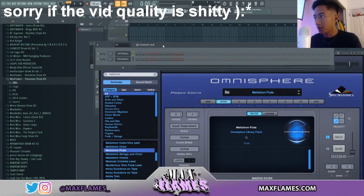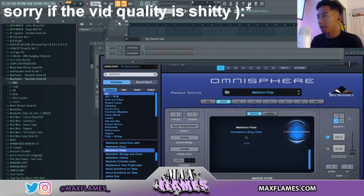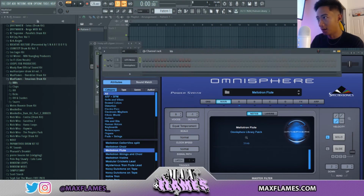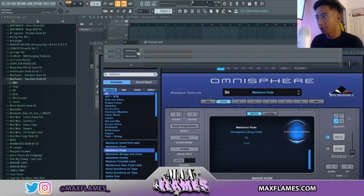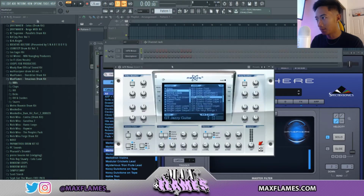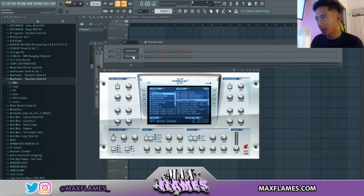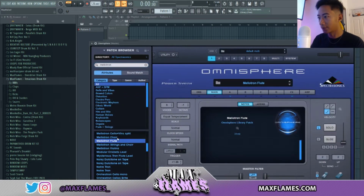Alright boys, so we're in FL. First things first is the BPM. Usually Jetson makes his beats anywhere from around 120 to 150, so I'm going to go with 126. Like I said earlier, his melodies are very simple. I have two instruments pulled up here: this jazzy guitar from Nexus, and this Mellotron flute,